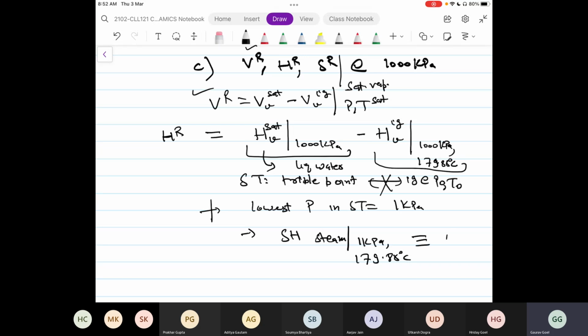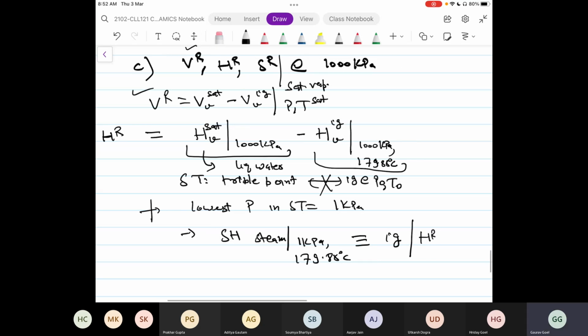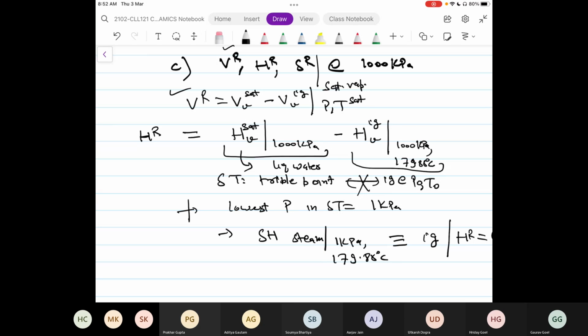I am saying this is essentially an ideal gas. That is, I am saying that at these conditions, the residual would be equal to 0. So pressure is low, temperature is high. That is when superheated steam would behave like an ideal gas. Okay. So very low pressure, very high temperature. I am confident that I can model this as an ideal gas. So using this learning,